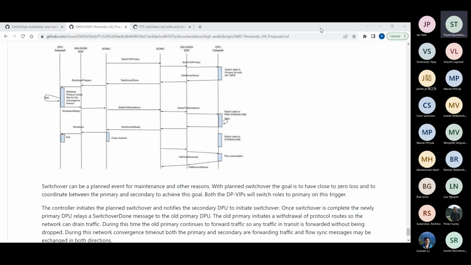With these two rules, the active receiving flow sync packets from the peer only happens during that window. I didn't quite capture the rule on the standby. What is the standby rule? Can you say it again? Sure. On the standby, any traffic that is coming in to be forwarded is always dropped, but we will receive any flow sync packet that is coming in and create the state on the standby.